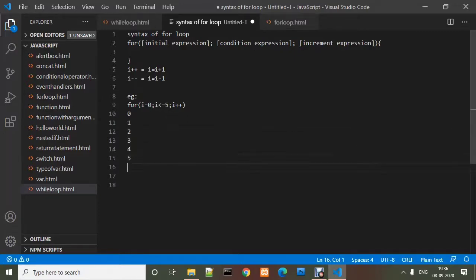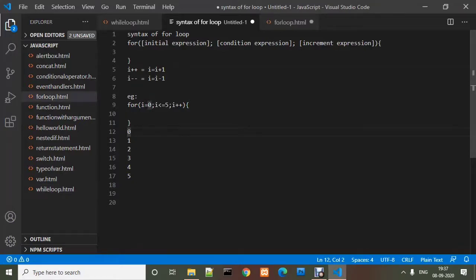And when the value of I equals 5, the increment operator makes the value of I equal to 6, then this condition will be false and the for loop will end here. So that's all for the introduction.